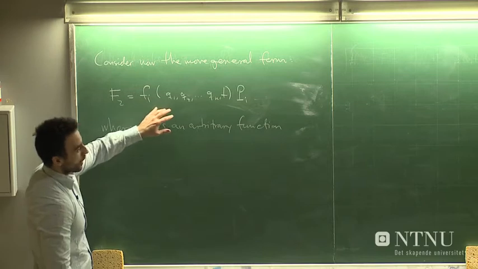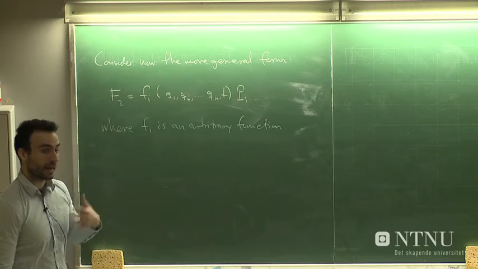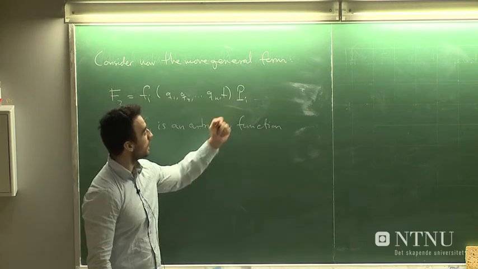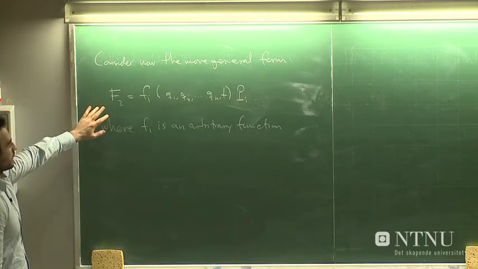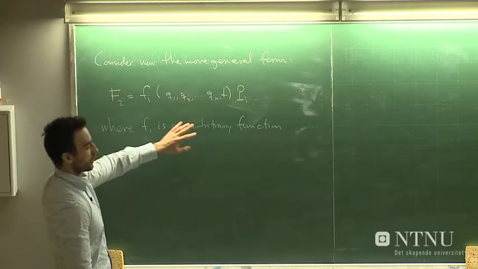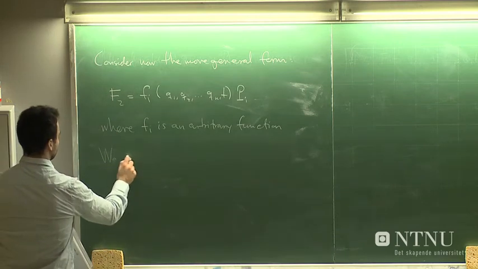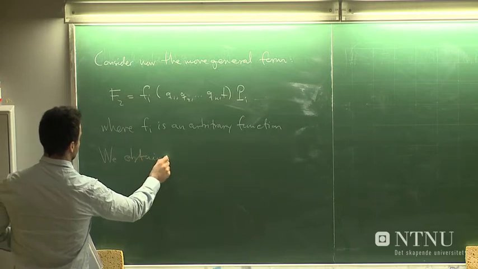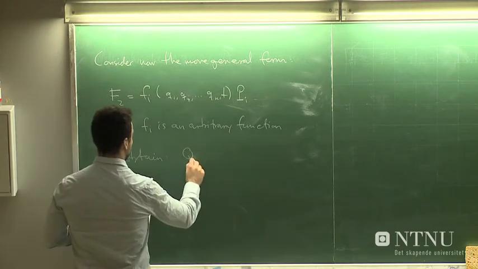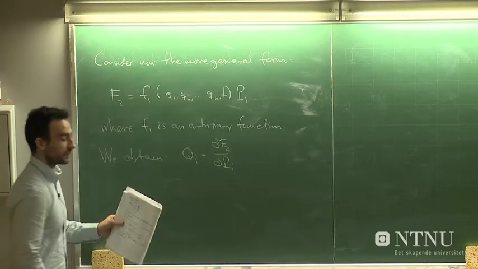So instead of having qi multiplied with large P, consider now an arbitrary function, depending on all these generalized coordinates, multiplied with P. Now this generating function still belongs to the second class because it's a function of the small q's and large P's. So using now the general transformation equations, for instance this one,